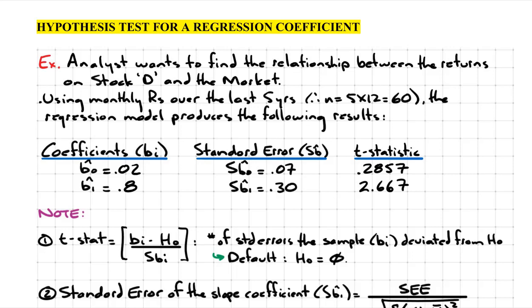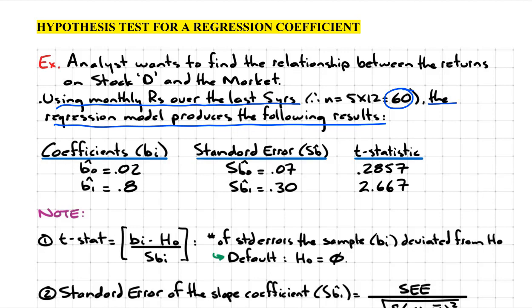Hypothesis test for a regression coefficient. Let's look at an example. Suppose the analyst wants to find the relationship between the returns on stock D and the market. Therefore, using monthly returns over the last 5 years, which works out to 60 observations, the regression model produces the